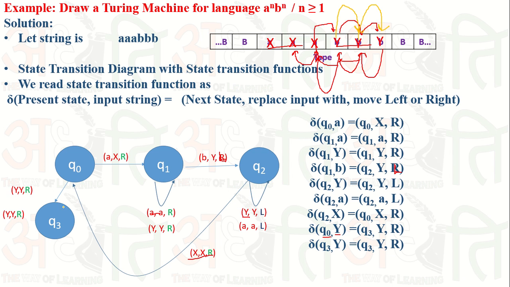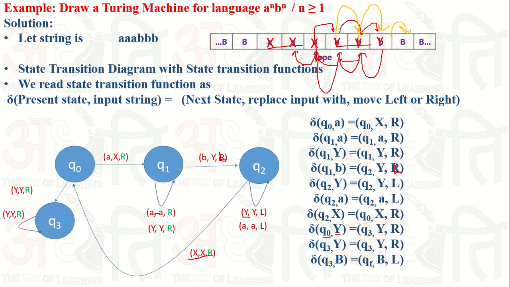When moving right, again we get the Y. After a particular loop, when we face the next symbol, what is the next? Next is a blank, capital B. When we face capital B, we go to the final state. Why? Because this shows that the number of A's and number of B's are the same.